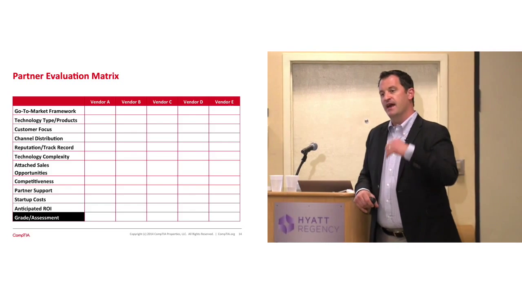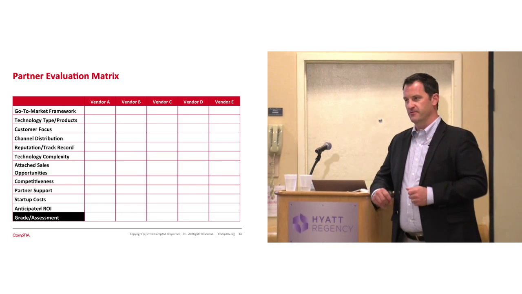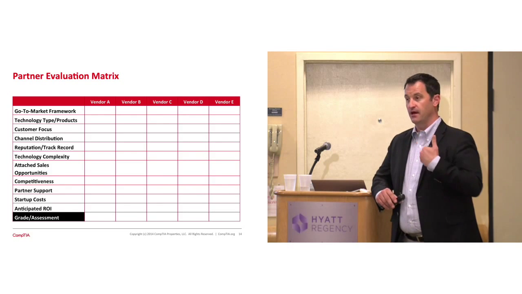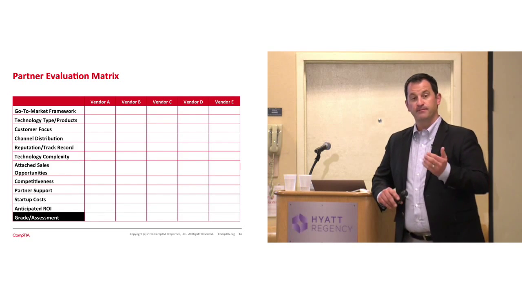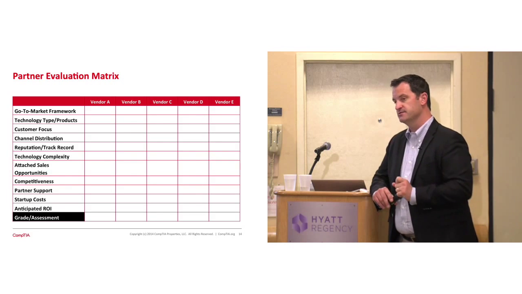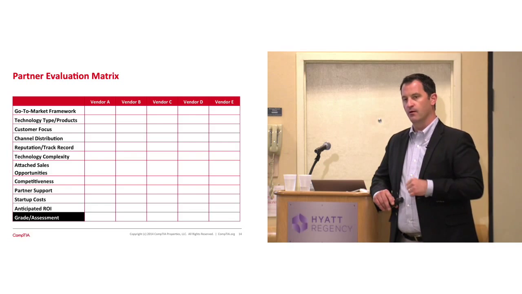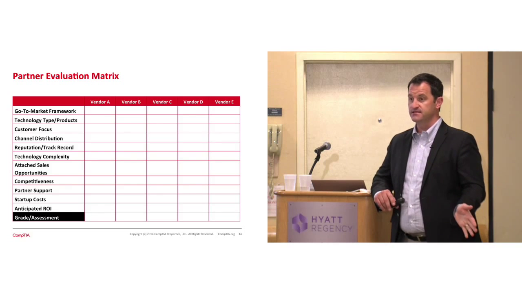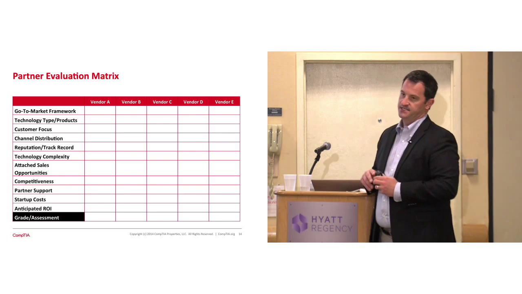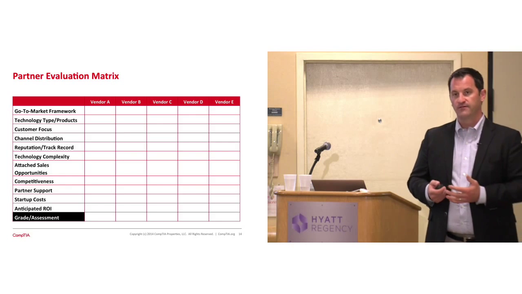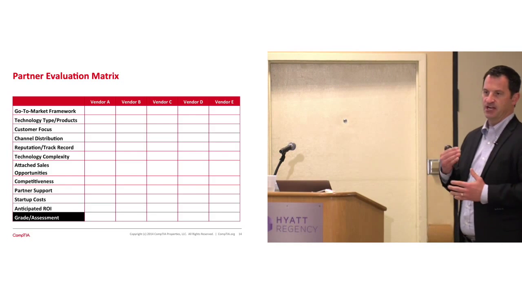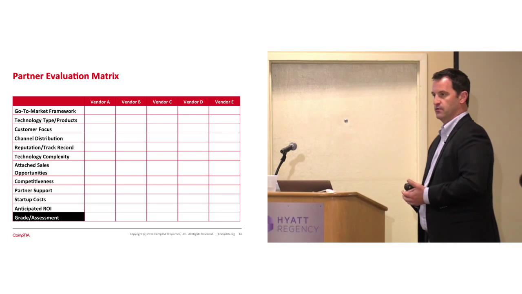Ask questions like, as a partner, how many leads should I expect from you on a quarterly basis? As a partner, what are you going to do to help me generate leads? As a partner, what are you going to do to help train me on how to market and sell not just your solution, but my entire portfolio? What are you going to do to help me transform my business from being a VAR to being an MSP? That's what attached sales opportunities means. That is a point of differentiation for a lot of vendors out there. So really look to that and challenge them on that. A great vendor will have a great story there.